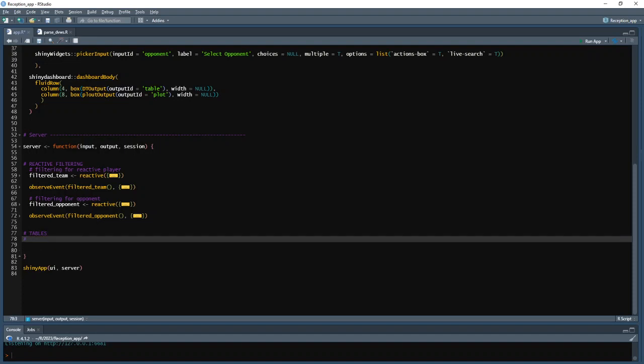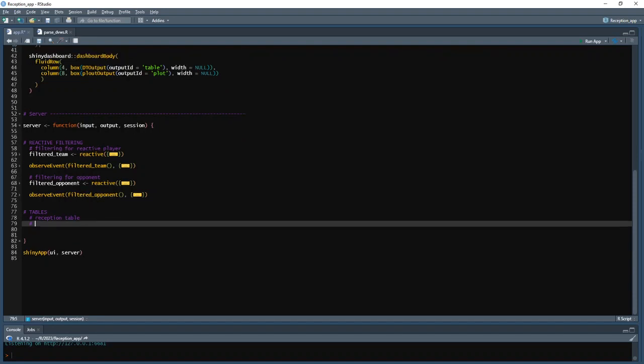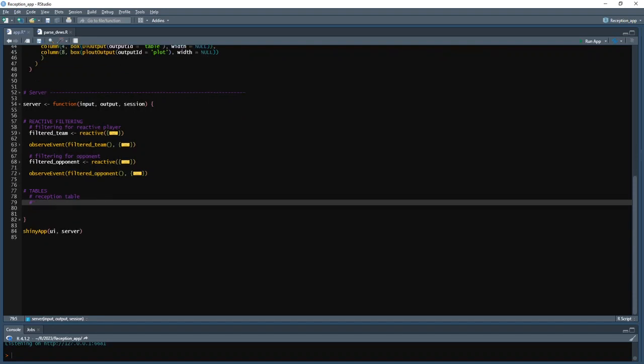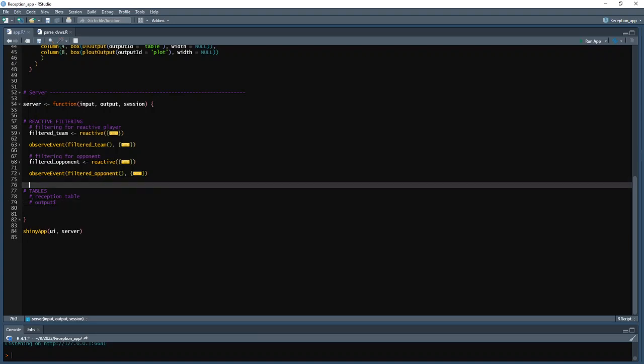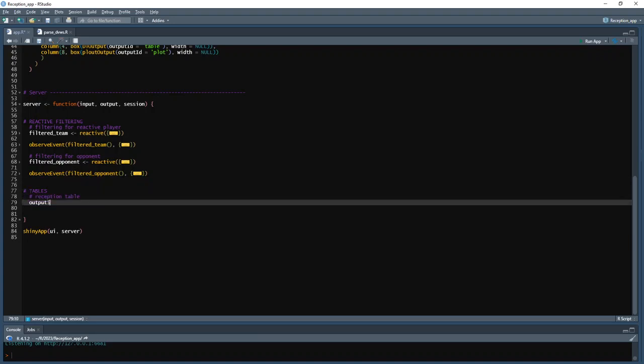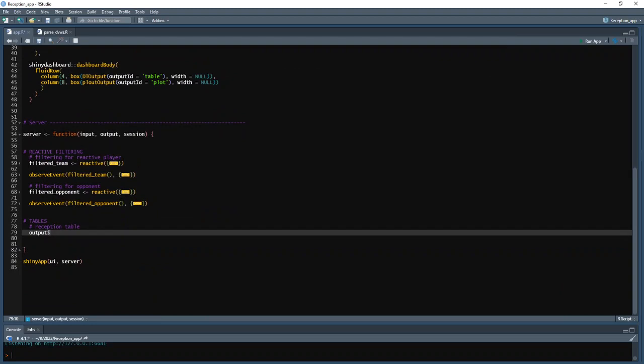Tables. So I'm going to call it tables because at some point we might have more than one. And the first one I'm going to call a reception table. So this part's real easy. Output. Why is it all commented out? That's silly. Apparently it's not that easy. Output table. Render